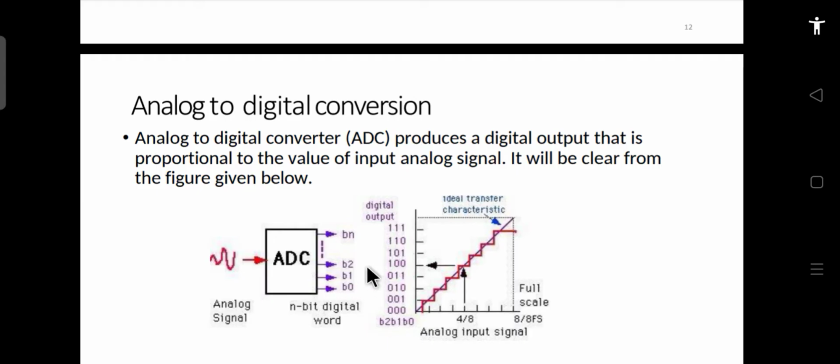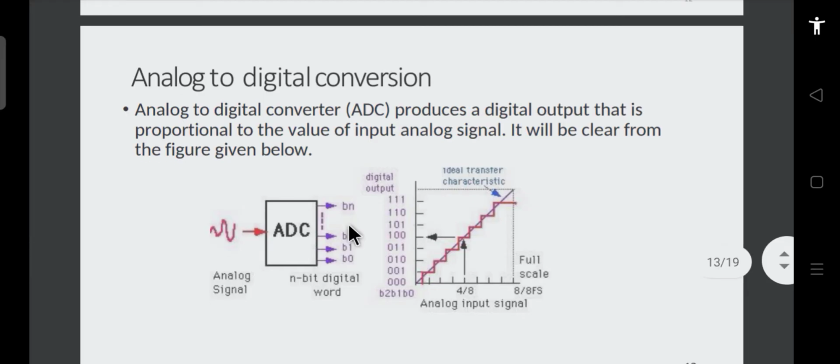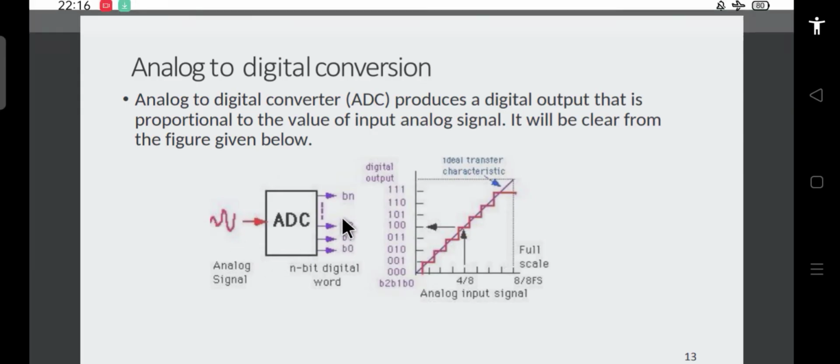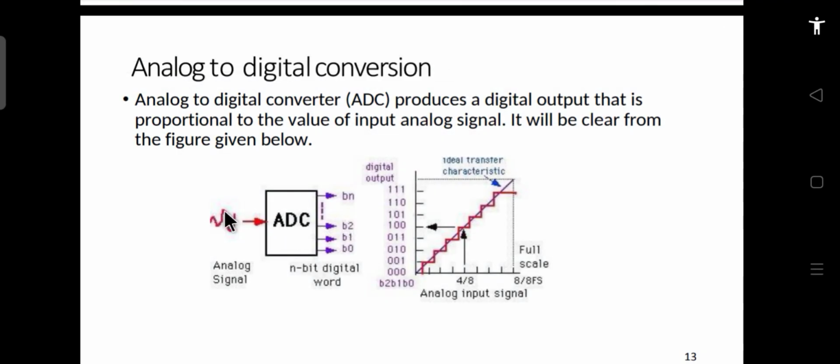Like DACs, in the DAC the input was binary bits, whereas the output was the corresponding analog quantity. Here in the analog to digital converters, the input is your analog quantity, and corresponding to that we convert it to some binary equivalent value. That is why it is called an analog to digital converter.